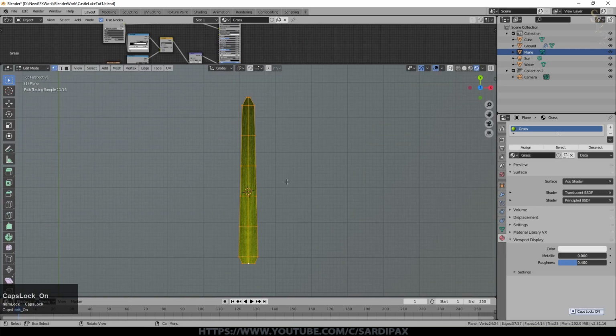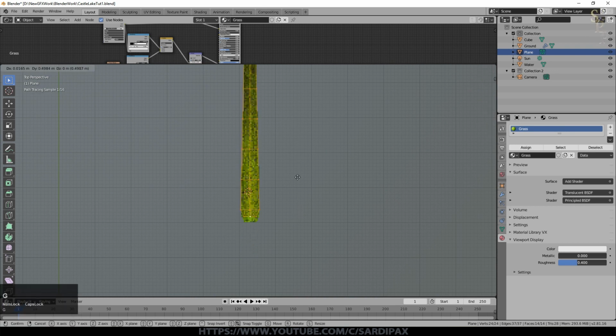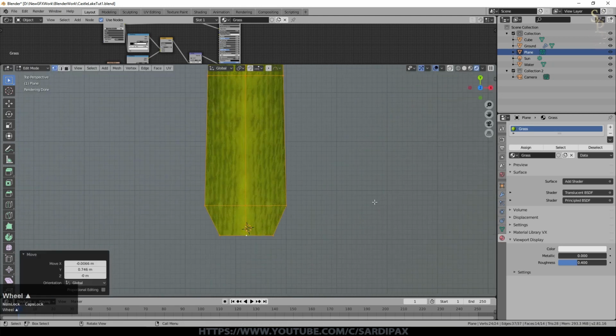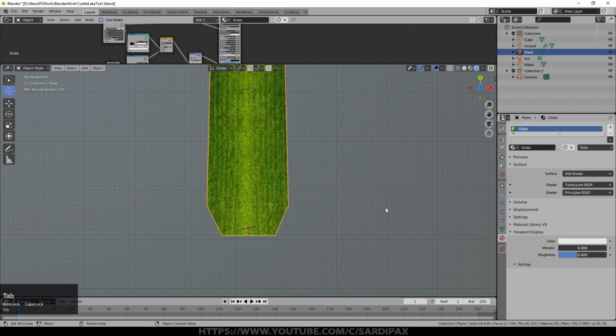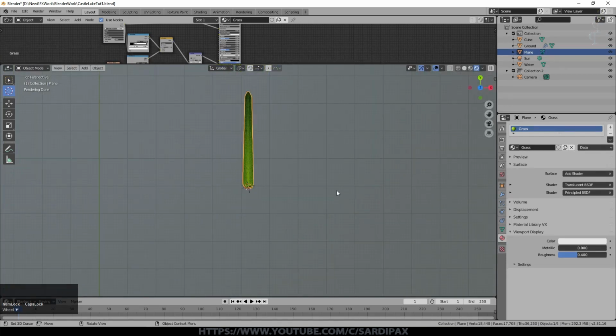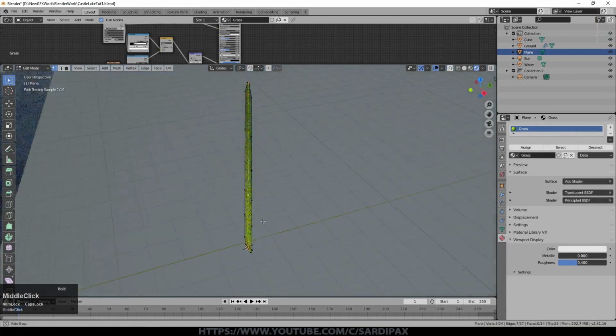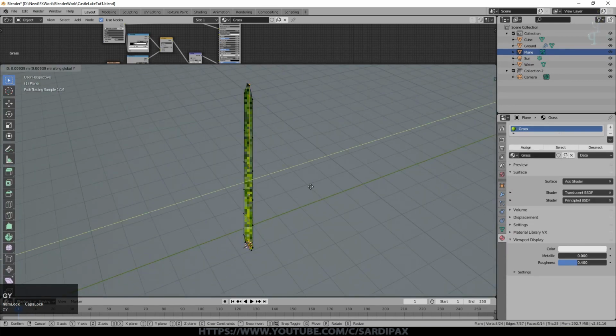So we just need to move where it sits relative to its origin. See, its origin is in the middle at the moment, so we just want it to be just buried in the ground. So we'll just have the center point just within the blade like that. It also makes it easier when moving it around. And I'm just going to rotate on the X90 just to have it vertical. And I just need to give it a bit of shape as well. So just move that.